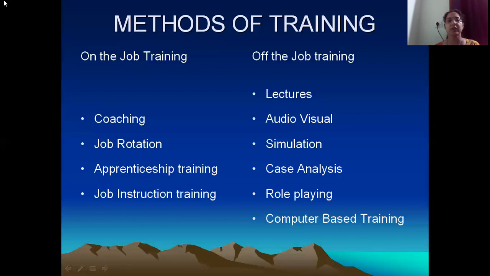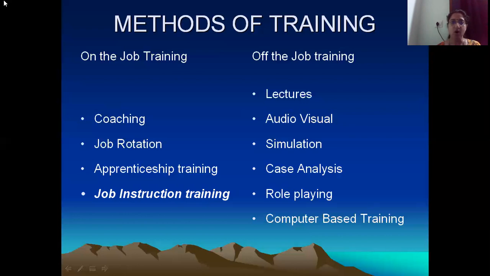You have something known as job instruction training. So what can we understand by the term job instruction training here? For some of the tasks which may be complicated, or when you're encountering employees who are slow learners, they may end up causing accidents, or they may end up resulting in machine breakdowns or repairs. All these things are a loss for the company in some way.